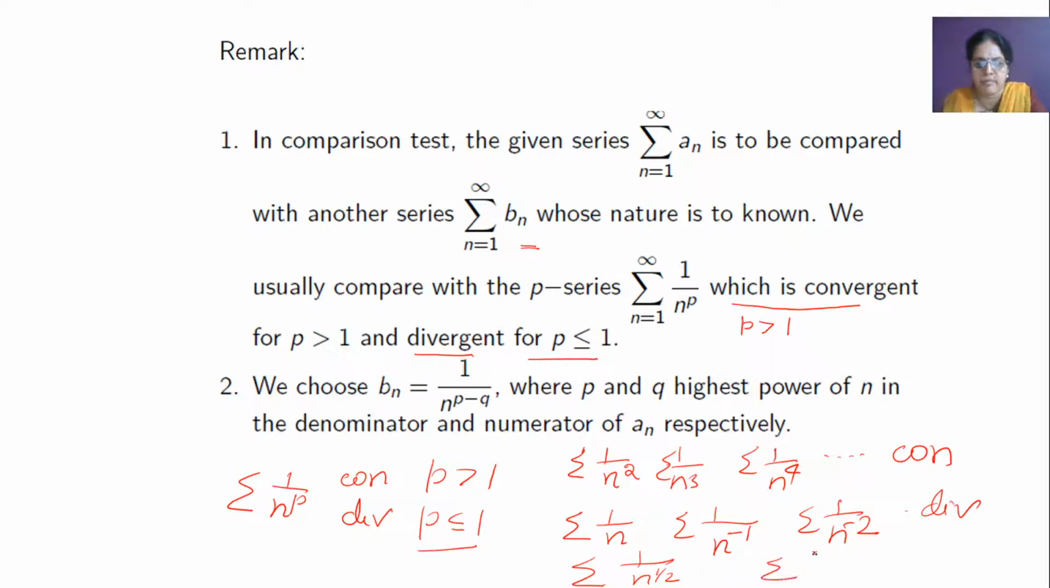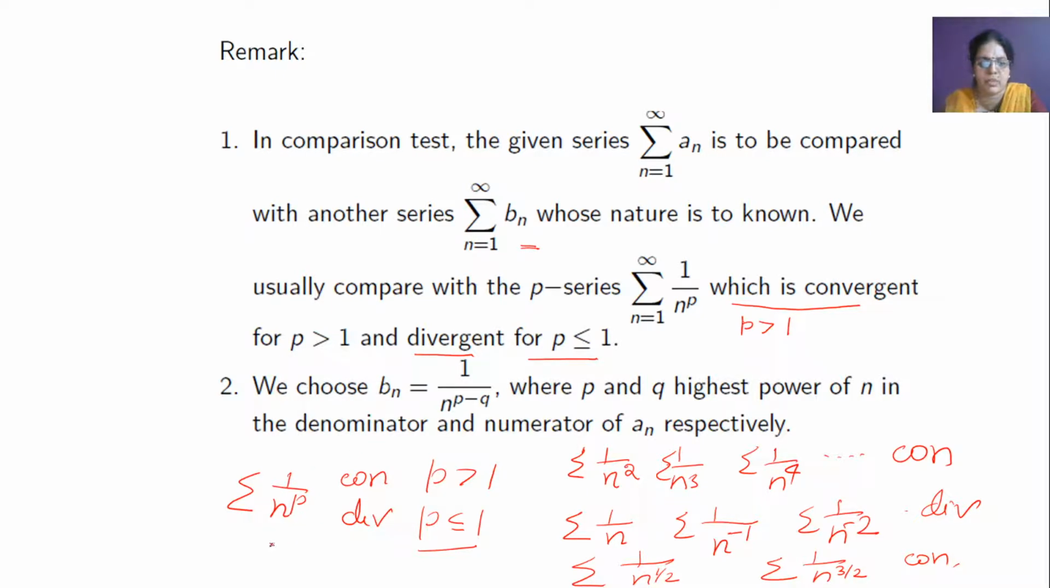But sigma 1 by n power 3 by 2, where 3 by 2 is greater than 1, so it is convergent. So we will use this sigma 1 by n power p to compare it with the behavior of sigma an for any series an. So here we choose bn in such a way that bn is 1 by n power